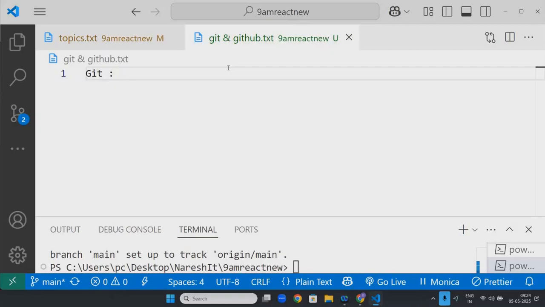We are all working on one particular project. Imagine suddenly your system crashed today and every file in your system is deleted. Then tomorrow what will happen, sir? You were working on something, you wrote some code and it is deleted.